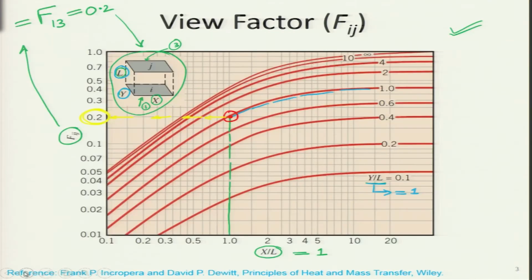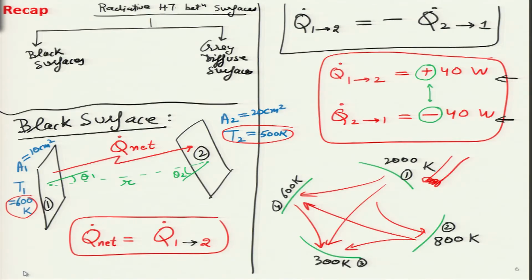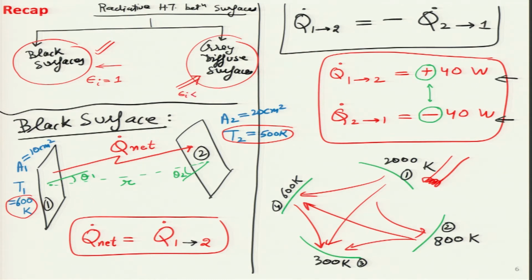In the last lecture, we were looking at the concept of view factors and then applying it for radiative heat transfer between surfaces. We divided it into two sections. I think we had finished the first section, which was radiative heat transfer between surfaces that can be assumed to be black surfaces, where the emissivities of all surfaces can be taken as 1. Today, we will continue this analysis and today's focus will be on grey diffuse surfaces, where emissivities are less than 1.